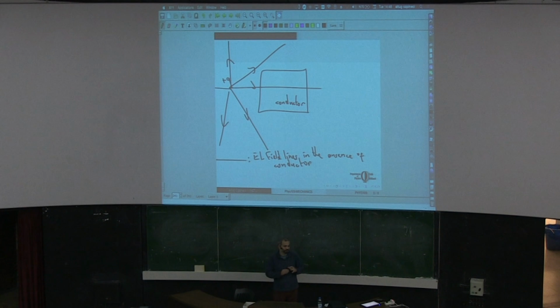Now, what we call a conductor, or any matter in fact, is just a collection of positive and negative charges. The difference between a conductor and an insulator is that in a conductor, there are some charges that are free to move around. In an insulator, all the charges are fixed. They cannot move around. Or you can also think of it this way: in a conductor, the positive and negative charges can move relative to each other, but in an insulator, they cannot.